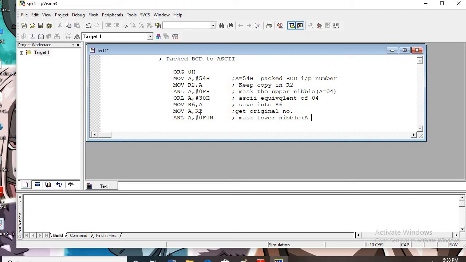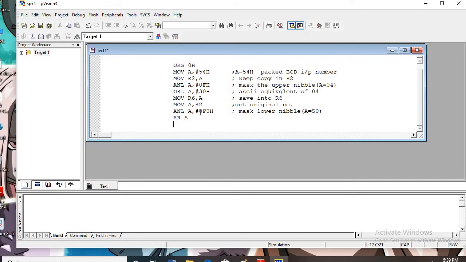So in the accumulator, A equals the upper nibble, 50, we will get. Okay. And now we have got 50, but we want 05 because we want it in separated form. So for that purpose we will rotate it. The entire nibble we want bit by bit, so either RR or RL, any instruction, four times we will rotate it.